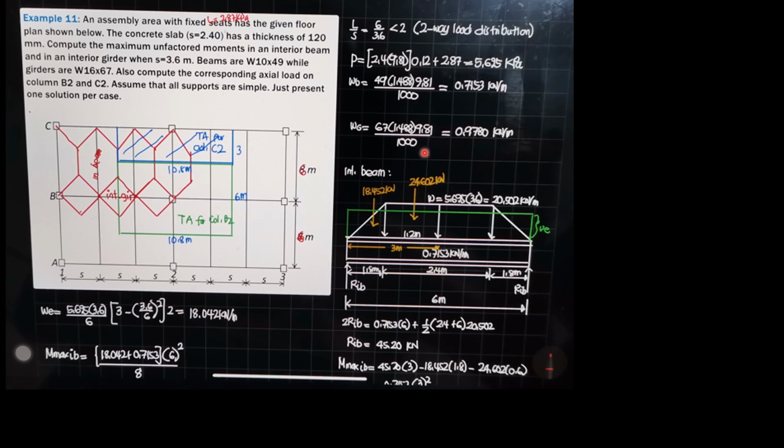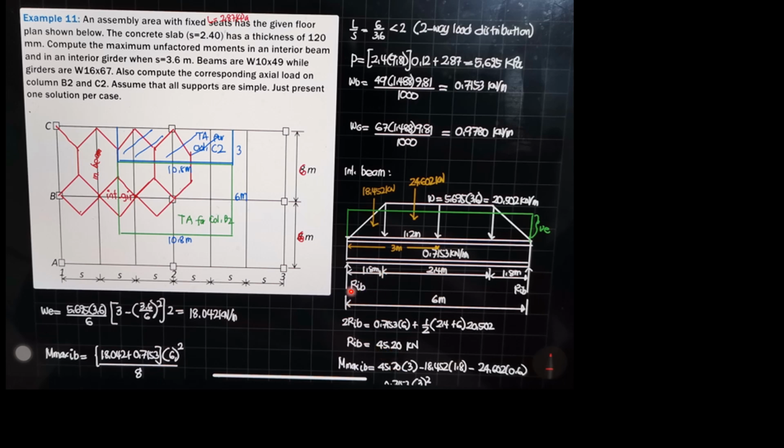Summation of forces in y equals 0, by symmetry 2 times RIB equals the area of the rectangle 0.7153 times 6 plus the area of the trapezoid 1/2 of 2.4 meters plus 6 meters times height intensity 20.502. So the reaction in the interior beam is 45.20 kilonewtons. We can now compute the maximum moment at the center by summing up moments about the center. So it is equal to RIB